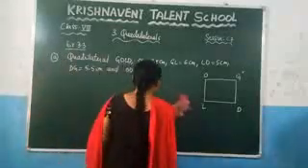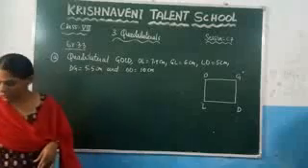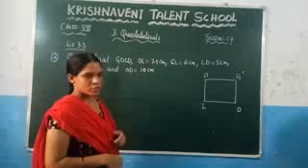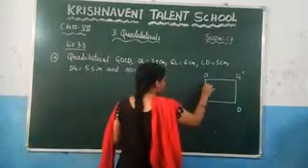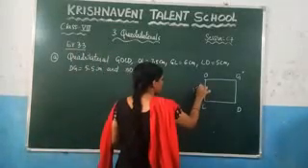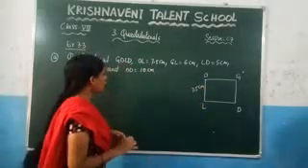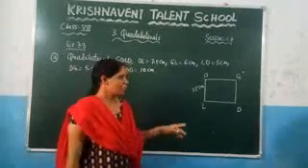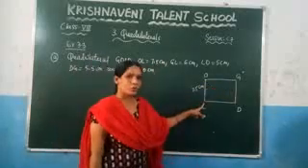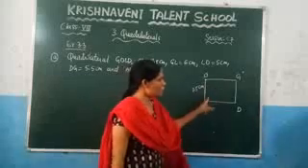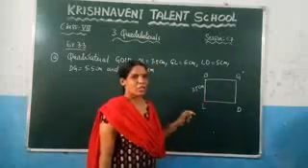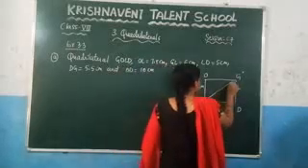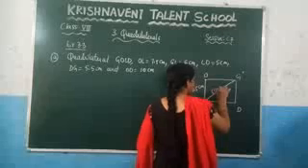So now write the measurements that we have known here. What is the first length? OL, which is 7.5. This is nothing but OL. This length they have given as 7.5. And after that ZL, which is 6 centimeters. What is ZL? This is Z and this is L. You know that the line segment joining the opposite vertices gives a diagonal. So the diagonal they have given is 6 centimeters.